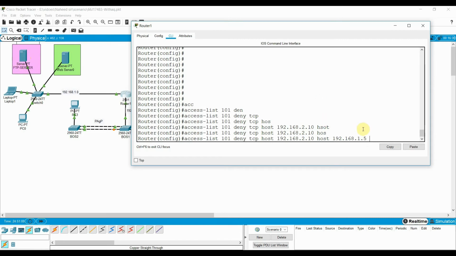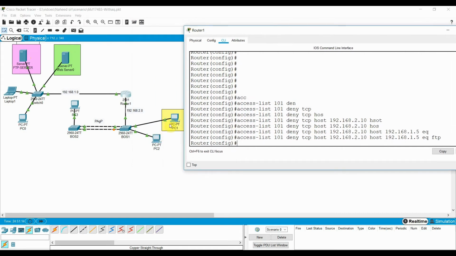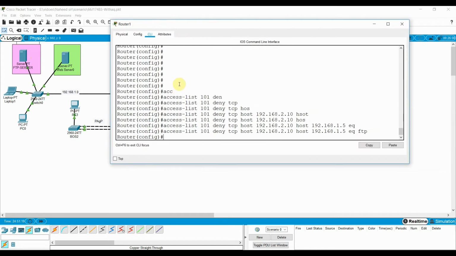Which service do you want to block? Equivalent to FTP. So we want to deny the FTP services. The second thing is we also want to deny the web traffic.